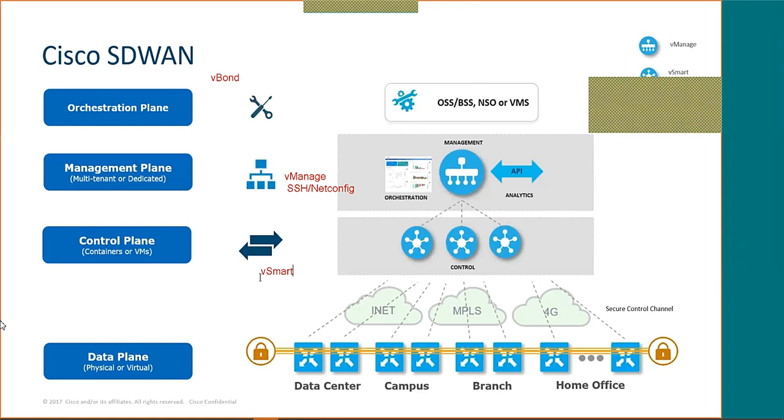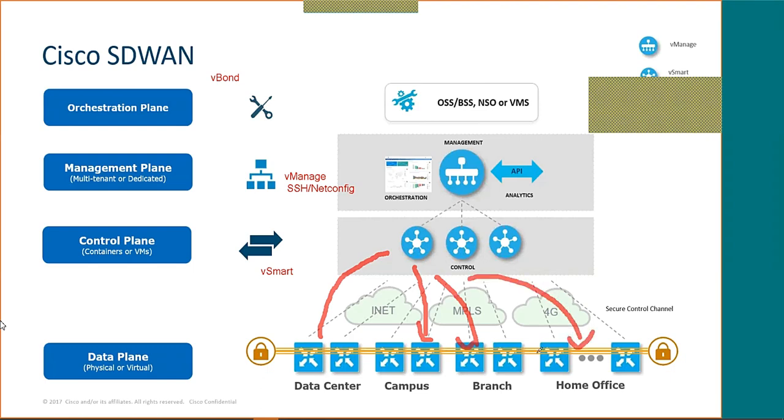So WAN edges will have a routing adjacency with vSmart, where vSmart routing table updates will be synchronized or distributed to other devices. So instead of making router to router, point to point or direct adjacency and then direct routing protocol communications, we are introducing hub devices in the middle like the vSmart. So if the data center has a routing table update to be sent to campus, the data center devices will send them to vSmart, and vSmart will propagate them into campus routers and then branch routers and then any other